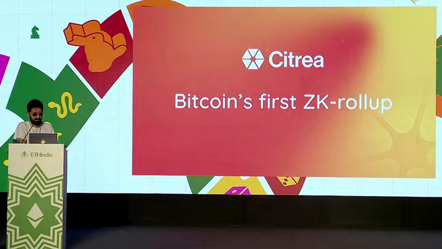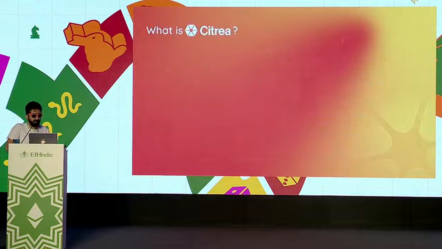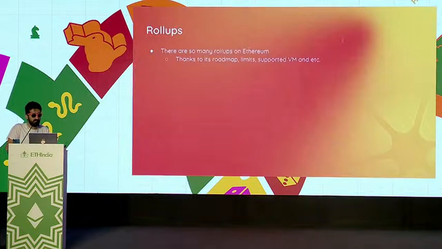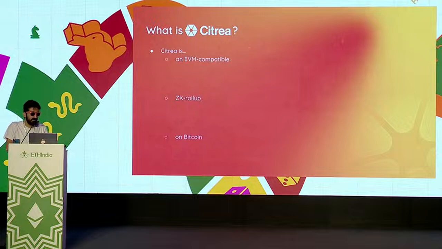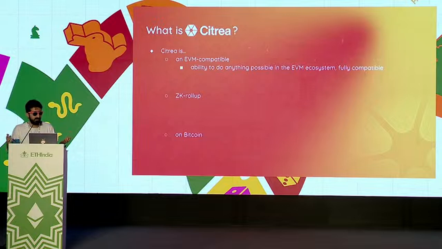So we're at the Citrea team, we're building a rollup on Bitcoin. If we were to go over it again, in the first slide I was talking about these ideas like EVM compatibility, ZK rollups, and being on Bitcoin. So if you were to fast forward and check back, Citrea is an EVM compatible chain that we are building. That means any kind of Solidity code will also work on Citrea because we are a type 2 ZK EVM. That means our ecosystem as well. So we are able to onboard many devs and many protocols directly, very easily. Alt VMs are also cool, but we're EVM compatible in that sense.